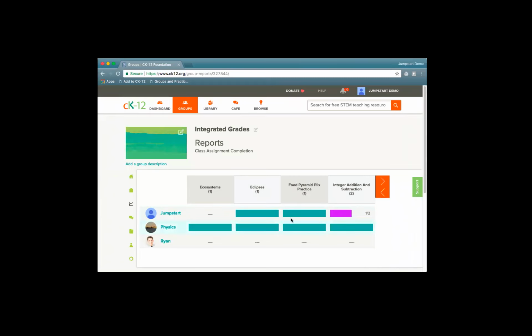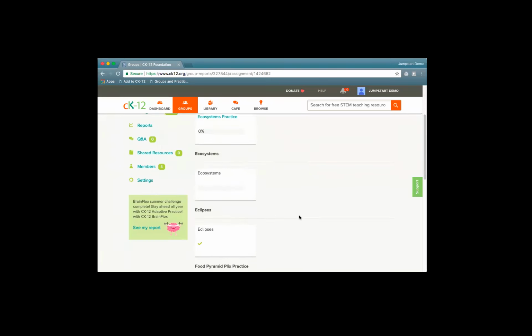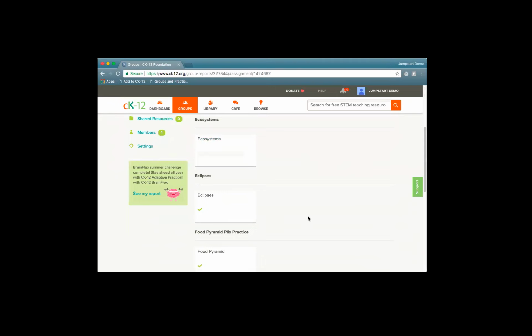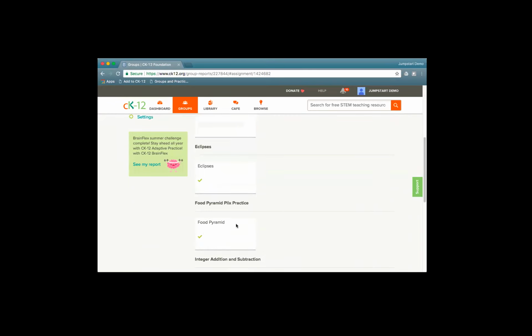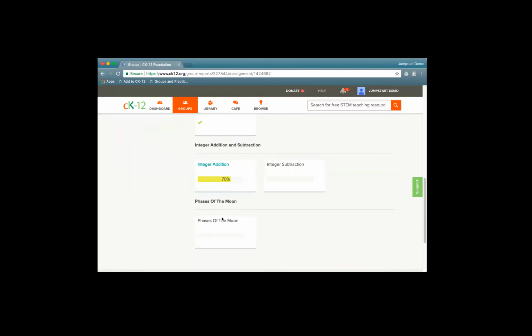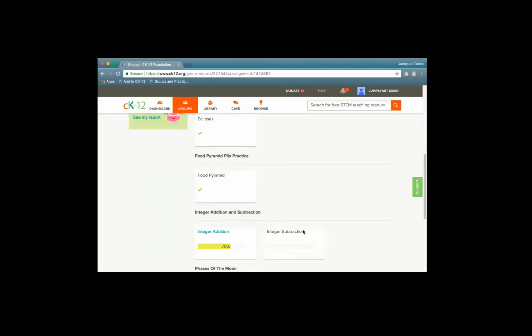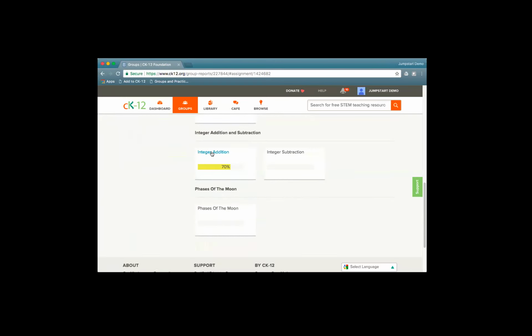So you have the names here and then the assignments up at the top. And I can choose to look at a particular student. So let's say I wanted to see this particular student. They haven't done this practice or that one. The ones that have check marks are the assignments that aren't practice or quizzes. So they actually accessed this read or this particular Plix. Here they've done 7 out of 10. Here they haven't even touched it yet. So I can quickly see a student's overview,